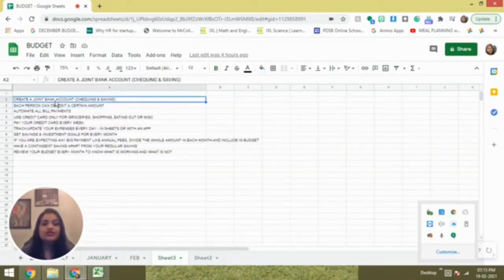First tip is, please create a joint bank account. Two parties, three parties, however many persons are involved, I would recommend a joint bank account where you have a checking and a savings account. Checking account majorly for all your fixed payments which are scheduled, and a savings account for the contingency. You can save your contingency amount over there, and use the checking account for all other expenses. So each person puts a particular amount into that joint account. For example, me and my husband, the percentage may vary. Like you can put 50-50.